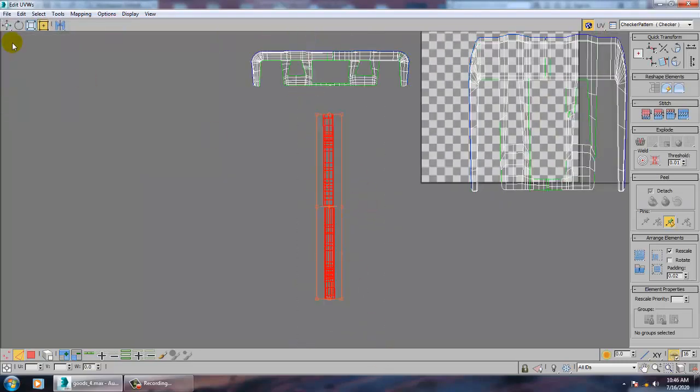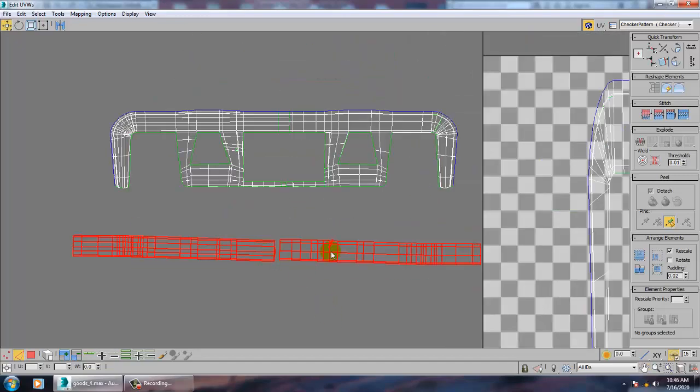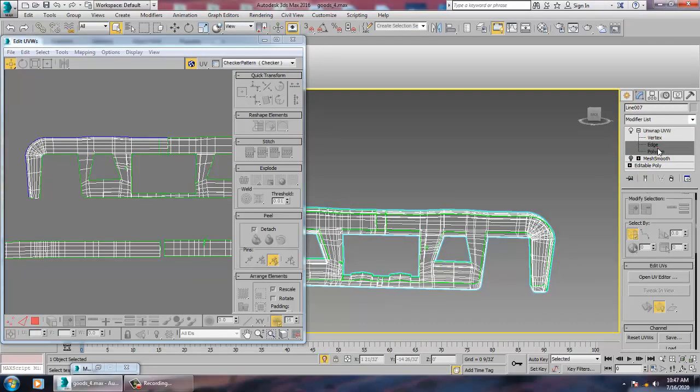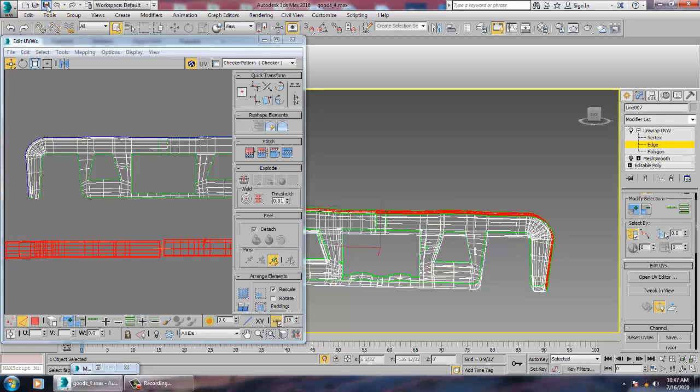Now you can just rotate this stuff over here, and if you select this edge, please save your file, very important.